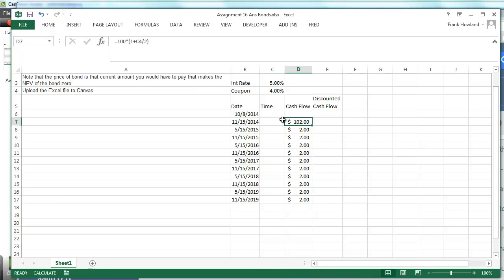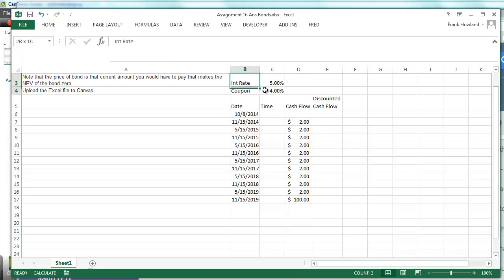Oh, I put it in the wrong place. Let's just do this again. We will get rid of that. Okay, and go down here, and what the heck, make this easier, 100 plus. All right, and that didn't work